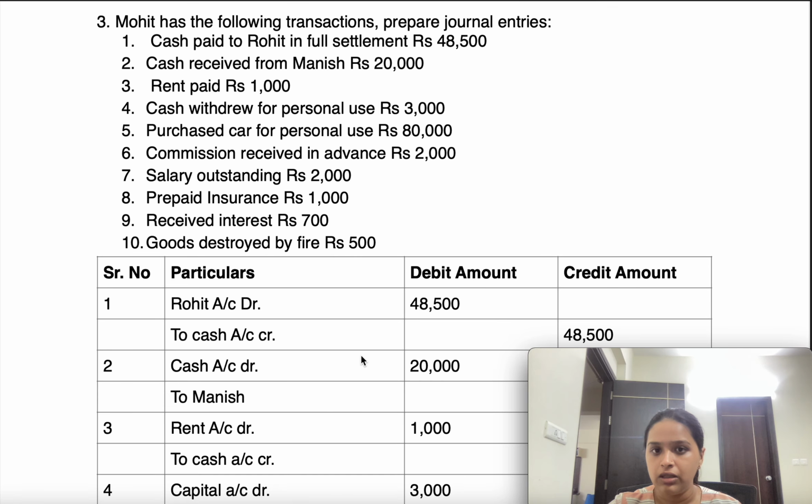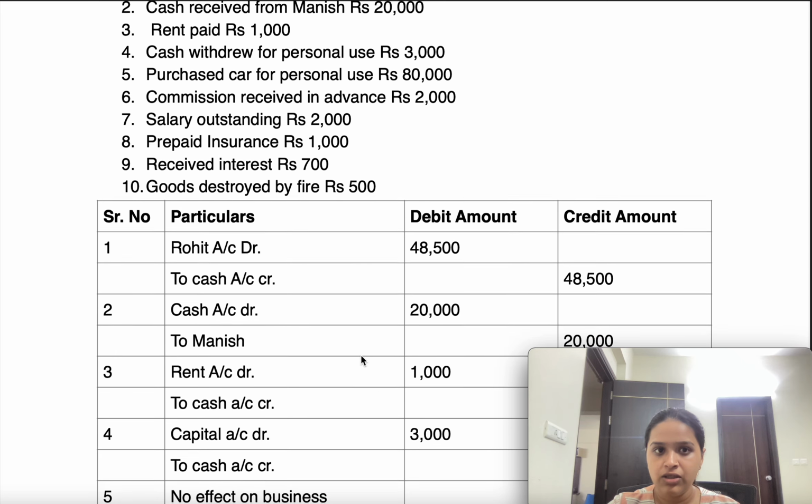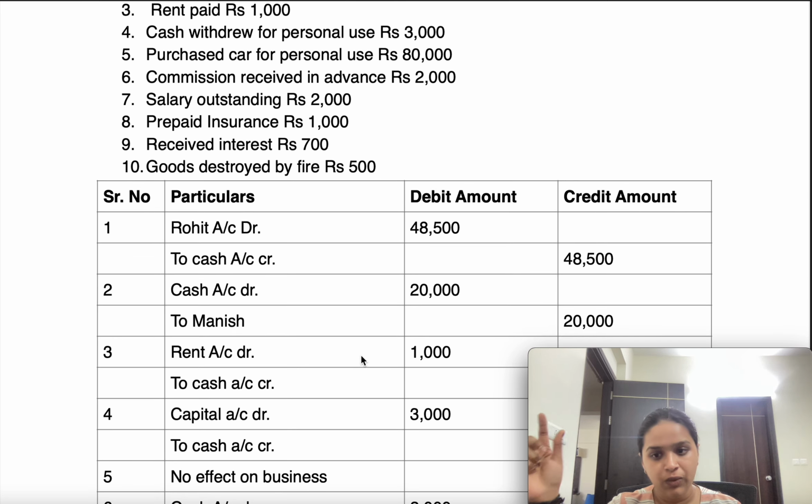Cash withdrawn for personal use. So Rohit has withdrawn some cash from the capital account, right? So it means what is going out from the business? Tell me. Cash is going out from the business, so cash should be credited and capital account will be reduced